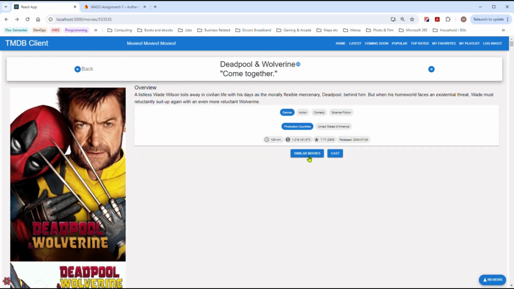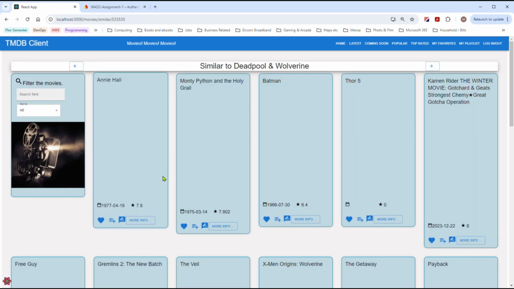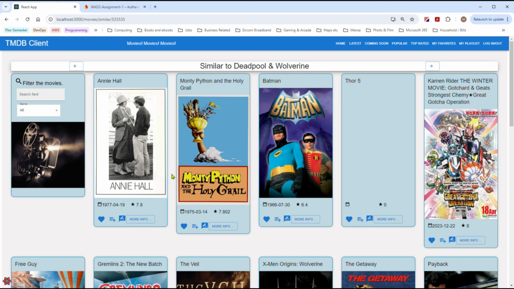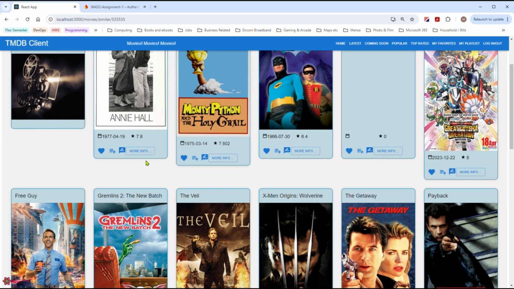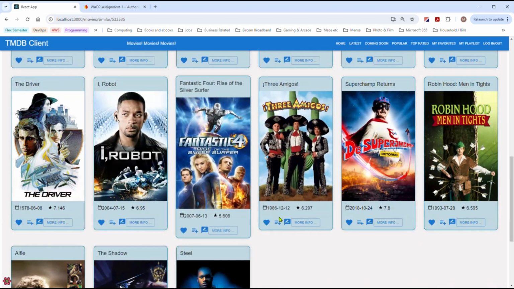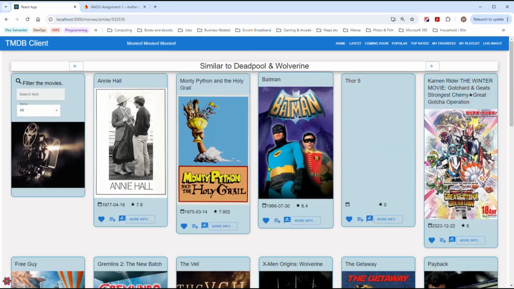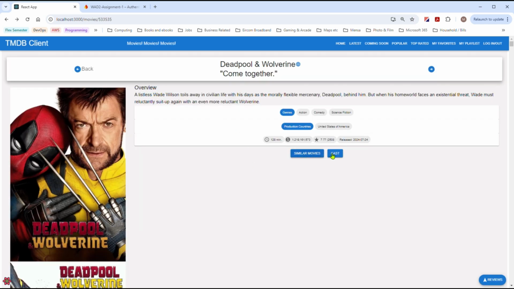to this page, and we can click on the similar movies, and it'll show us movies that are, well, according to the database, are similar. It's picked by genre, so things that fall into the same genre will get included, including some quite old ones there. Three Amigos. Okay, so if we go back to where we were, we can look at the cast of the